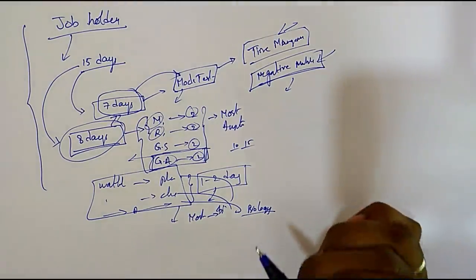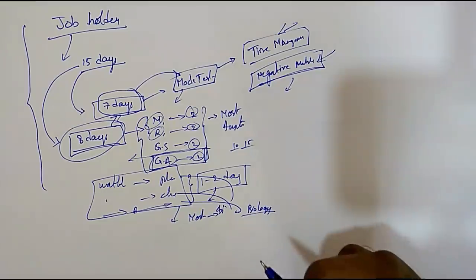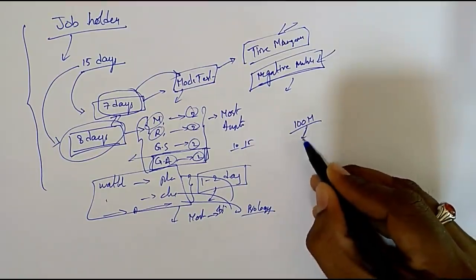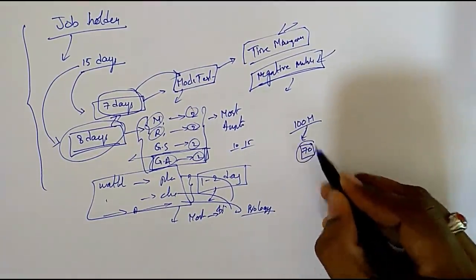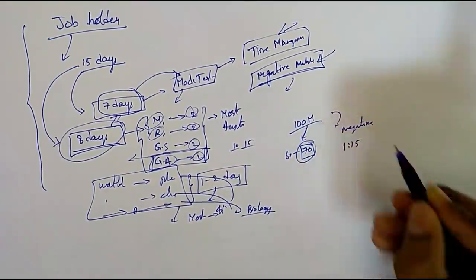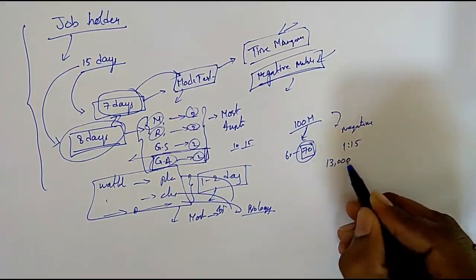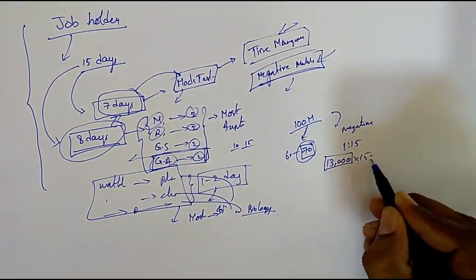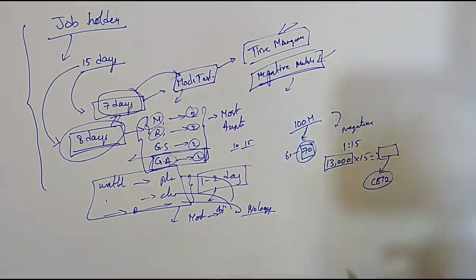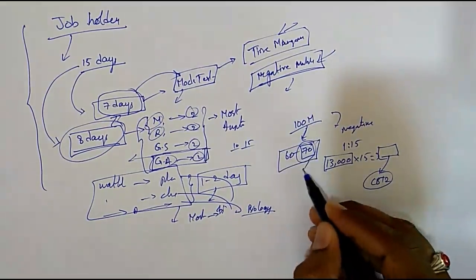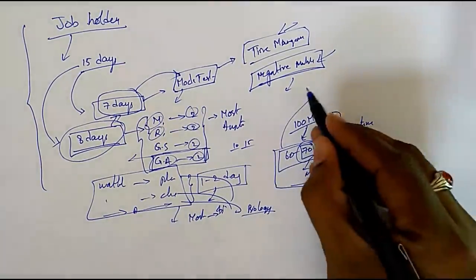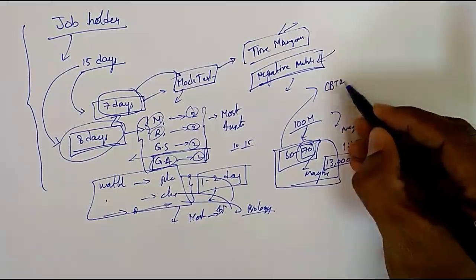Okay friends, first of all, be confident, you will surely be selected. Here the total marks are 100, and the cutoff may be around 60 to 70. Why? Because there is negative marking also, and the selection ratio is 1:15. We know that there are nearly 13,000 vacancies. 13,000 into 15, this many students will be selected for CBT 2. So 60 to 70 may be the cutoff, and this score may not be useful for final selection. This is only for selection to CBT 2.